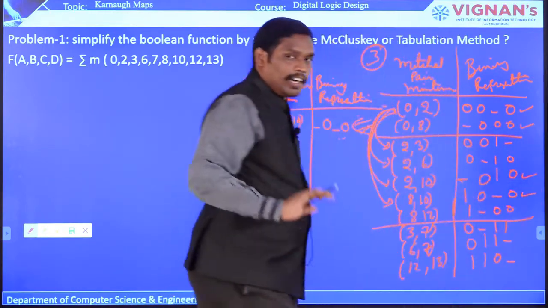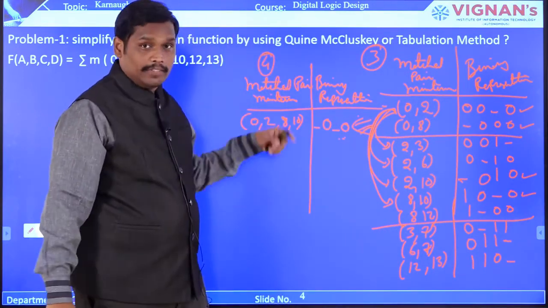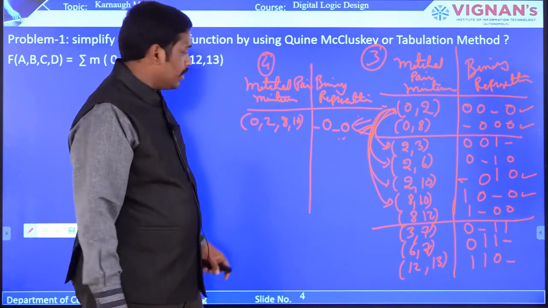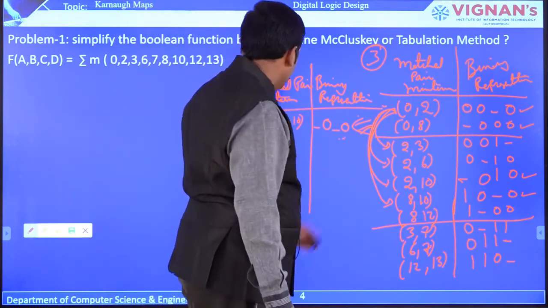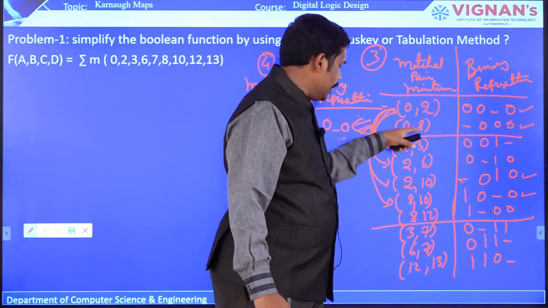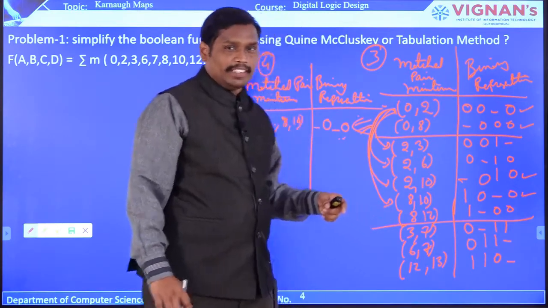Even these are completed, right? So now you can check for the other terms, and if there exists any matched relation of minterms, you can extract it. Now we see, is there any other possibility? Like 0, 8, 2, 10 already completed, right? So now we'll check for any other possibility.